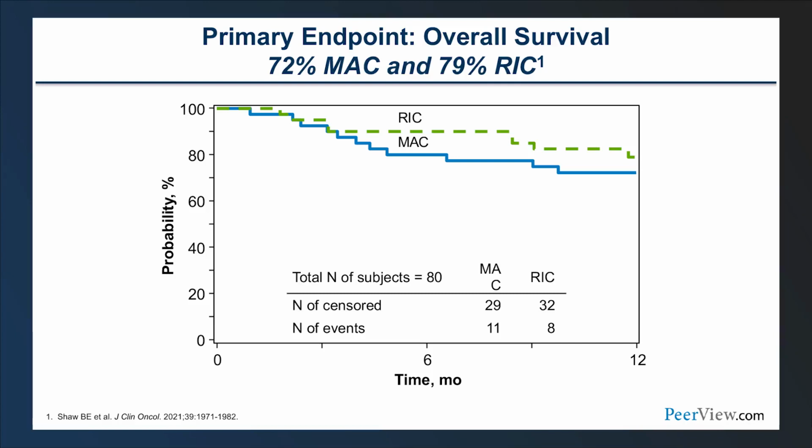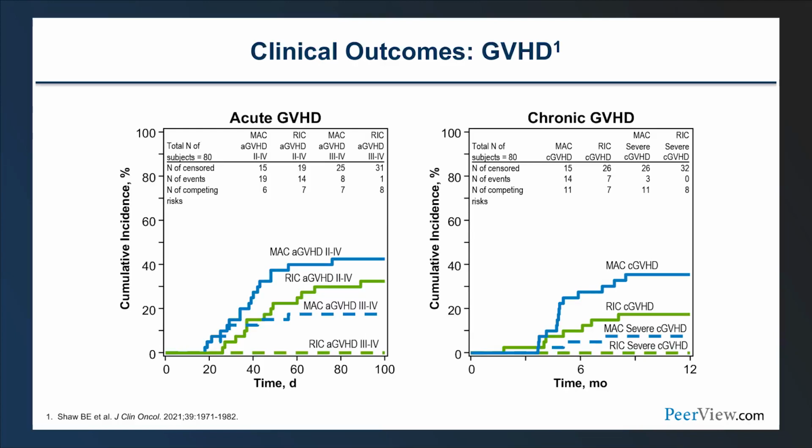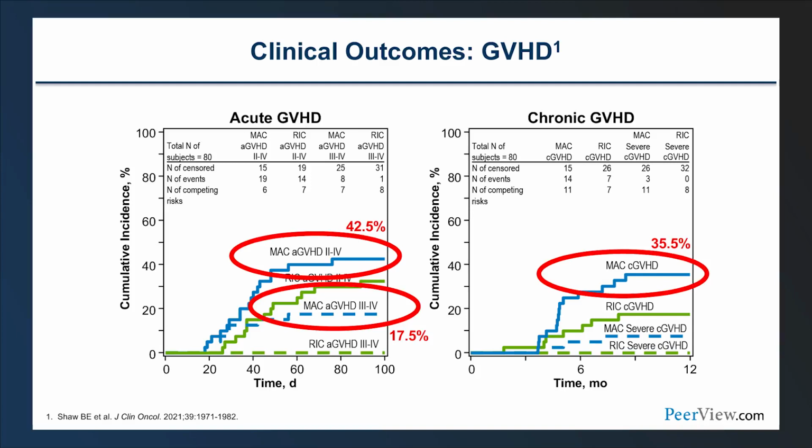So their overall survival was 72% for MAC and 79% for RIC, and so the study met its primary endpoint and was successful. They also looked at acute and chronic GVHD. You can see acute GVHD grade 2 to 4 was about the level you expect, 42%. The grade 3 to 4 GVHD was maybe a little higher than one hoped at 17.5%, and the chronic GVHD